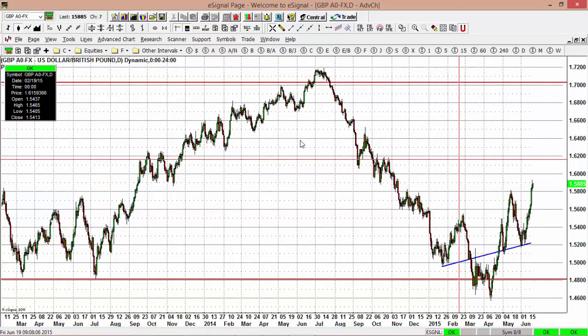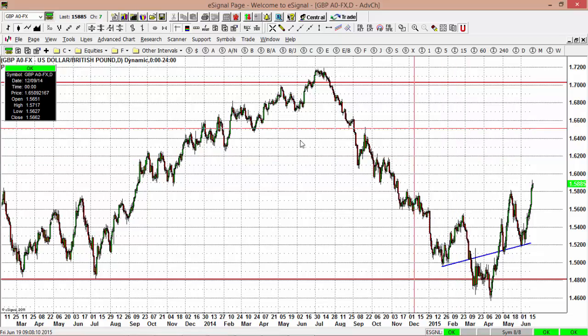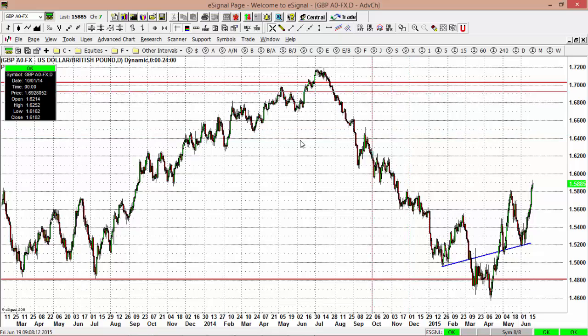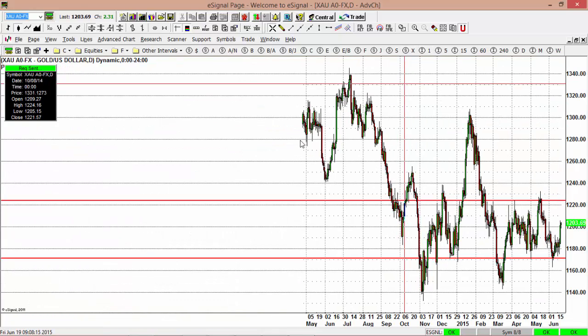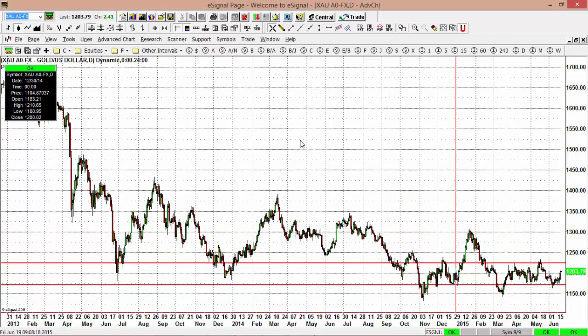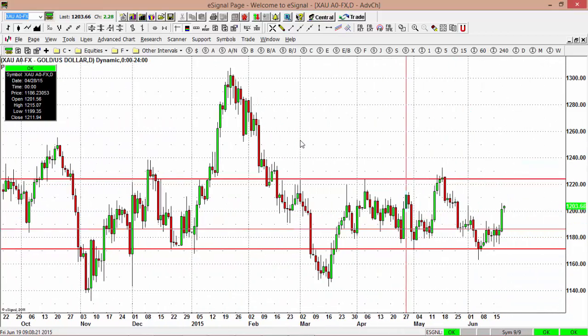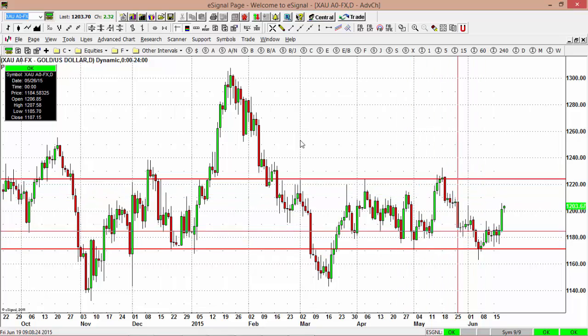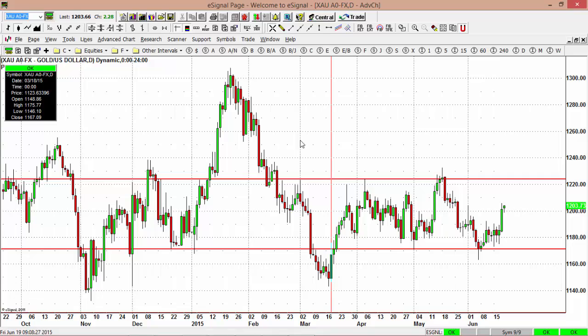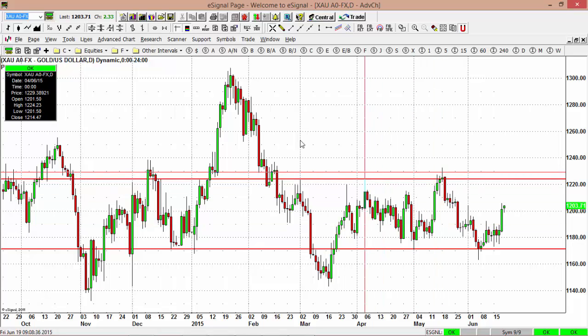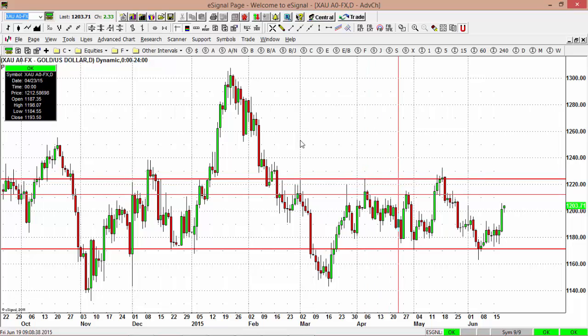Okay, so that's what's happening in the British pound, and the British pound is fairly strong and has been fairly strong over the last couple of trading sessions. Another market I want to highlight is the gold market. This is a market that's also in a small tight channel. This is the daily chart, and we see that we have parameters down by 1170 and up by 1224. So these are the parameters here, and until this market breaks out of this range, we are fairly directionless,